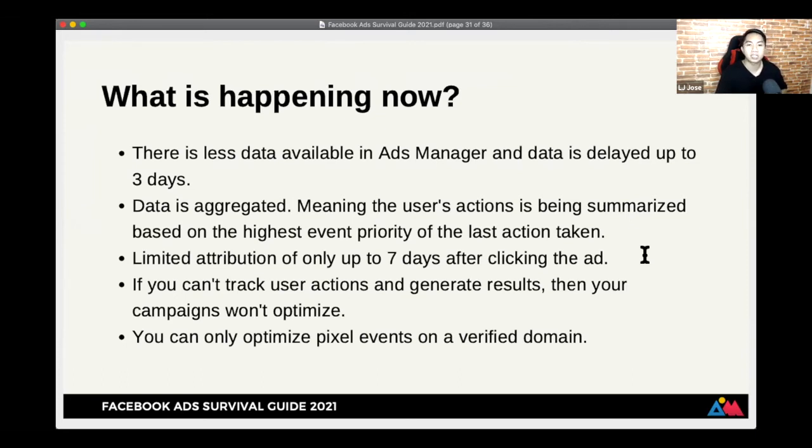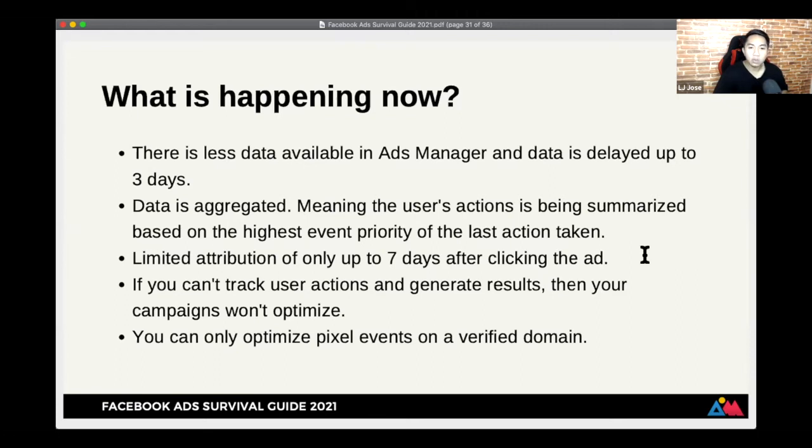Diba? So, even if after 3 weeks pa siya nag-purchase from clicking or viewing the ad, maka-count pa rin siya sa results or Ads Manager. Now, if lumampas na ng 7 days at hindi pa siya nag-purchase, hindi pa siya nagtitake ng action, hindi makakount yung actions na yun sa reporting sa Ads Manager. Unless na-retarget sila ng ad ulit. Okay? And then they click the ad ulit. So parang nare-refresh. So retargeting is still needed, parang kailangan pa rin kasi yung attribution window period is limited na lang to 7 days. Okay?